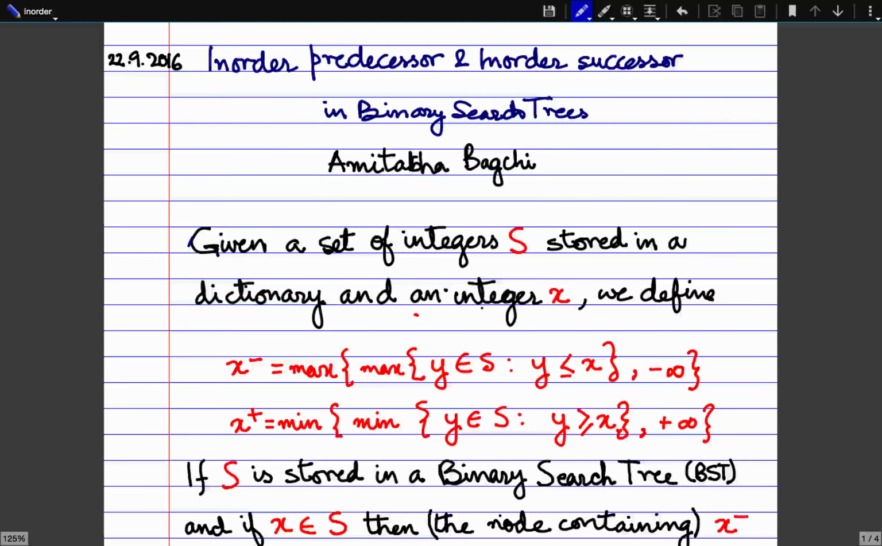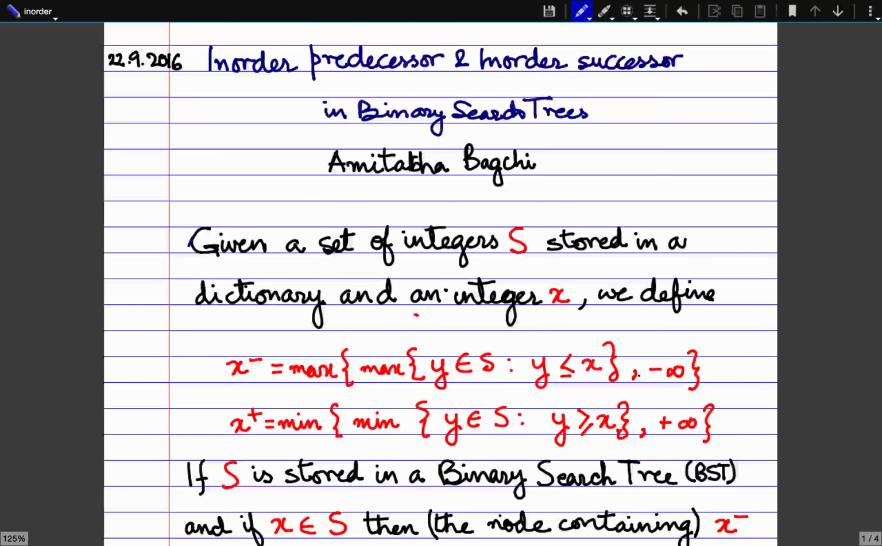more general definition. Given a set of integers, or actually any totally ordered set S, stored in a dictionary and an integer x, we define x minus to be the max amongst all those elements in the dictionary which are less than x. The formal definition gives x minus to be the max of all y in S such that y is less than or equal to x, and minus infinity. If x is smaller than all the elements in the dictionary, then we give x minus the default value of